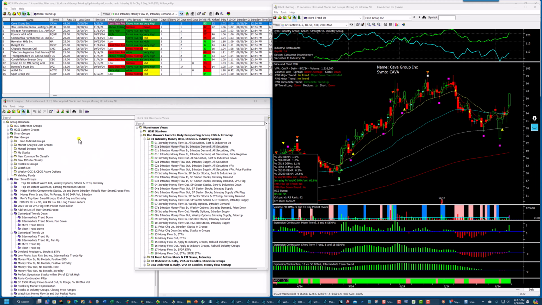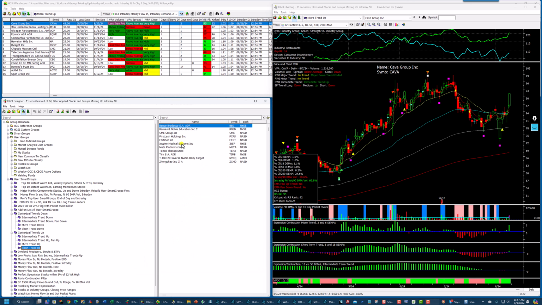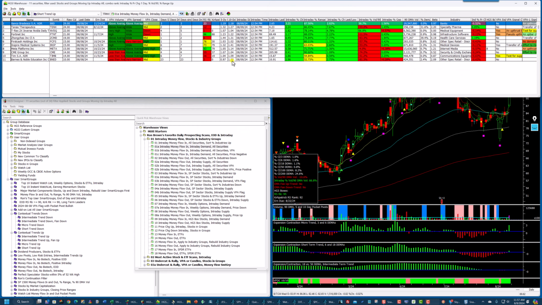Now I'm going to go down here to the short-term trend up. This is from last night. So as of last night, the short-term trend was up on all of these. I just clicked through to the warehouse view. You can see in this column right here, everything's positive. But if I bring these stocks up,